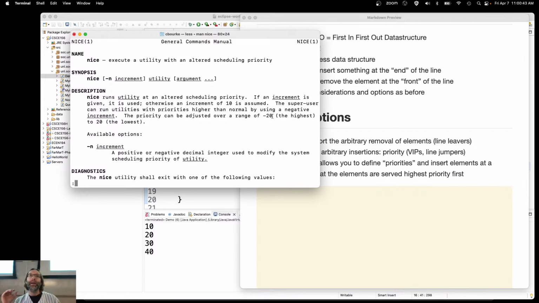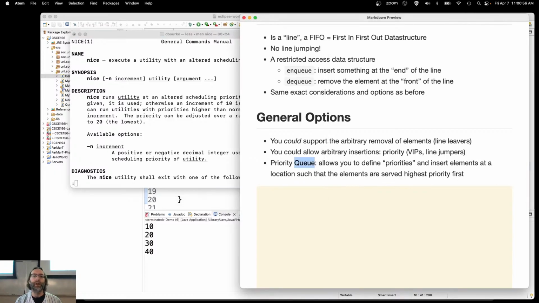That database backup that runs at midnight when nobody's using anything, that's the lowest priority. If somebody comes in and needs to use the system, okay, we'll go ahead and bump you and give them priority. That's a priority queue, a job queue where you define that not everything is created